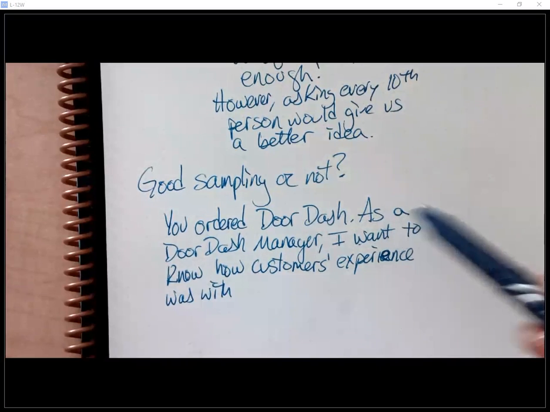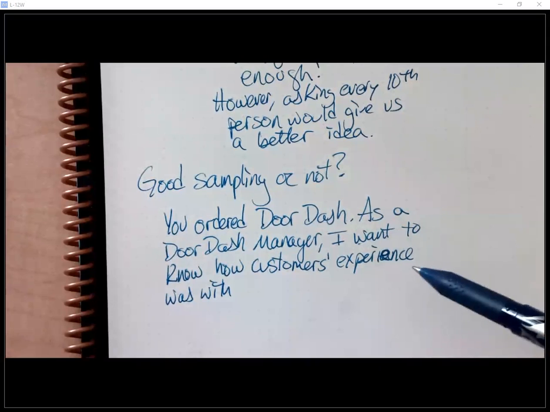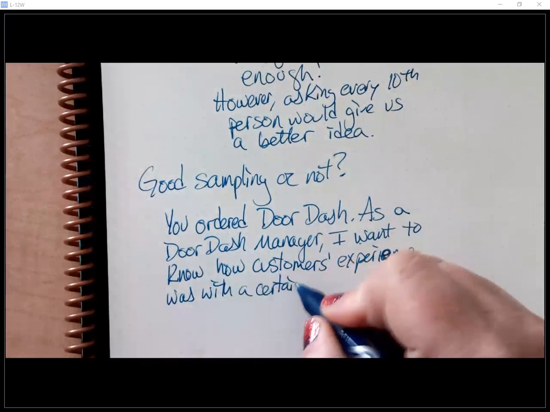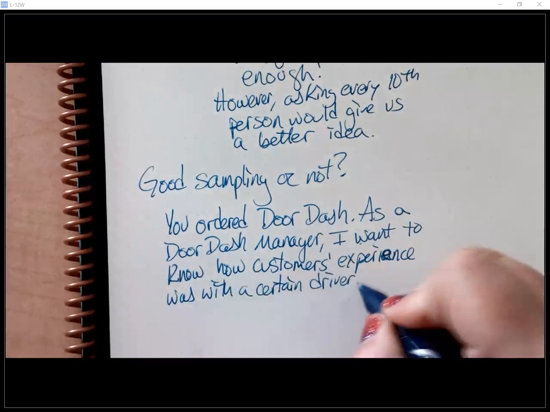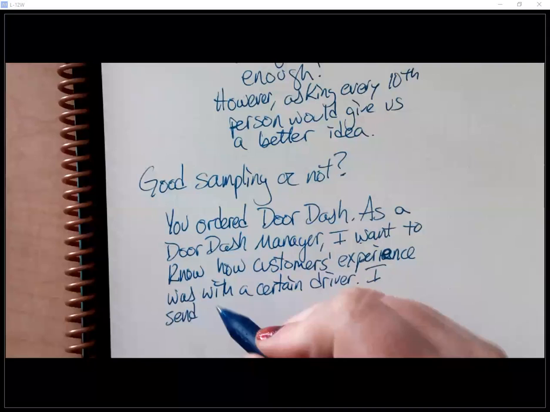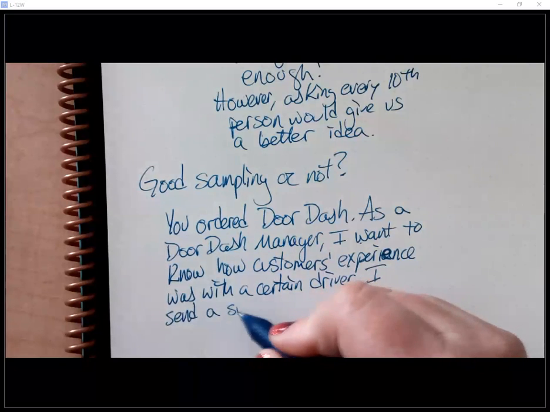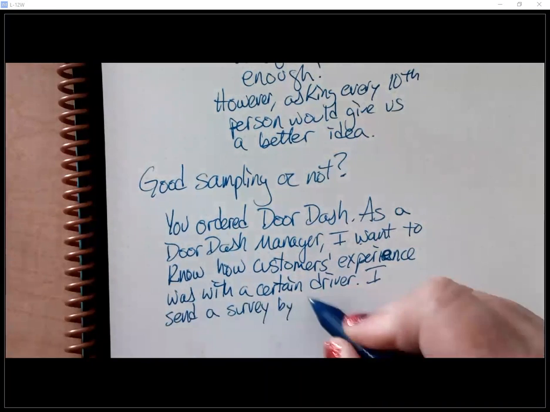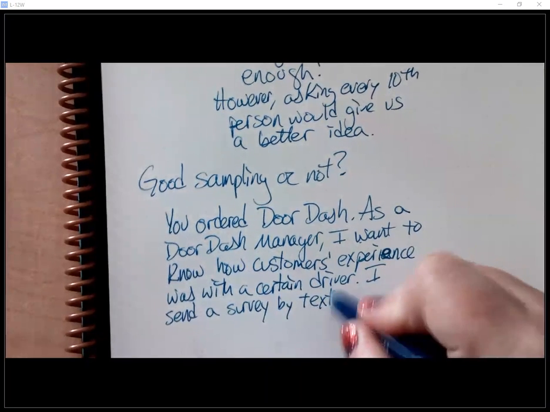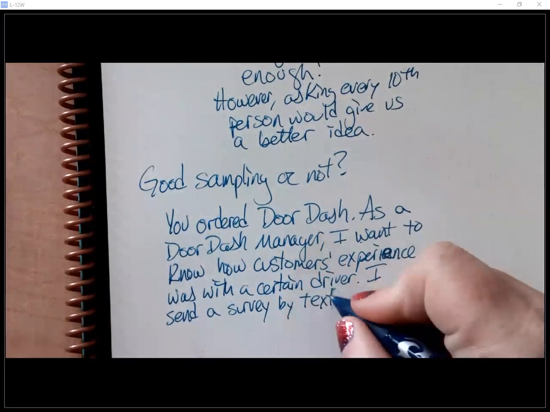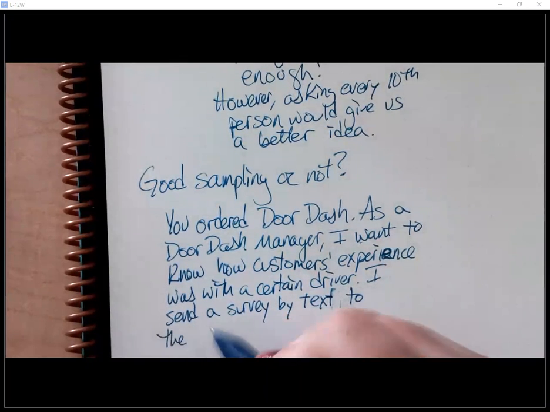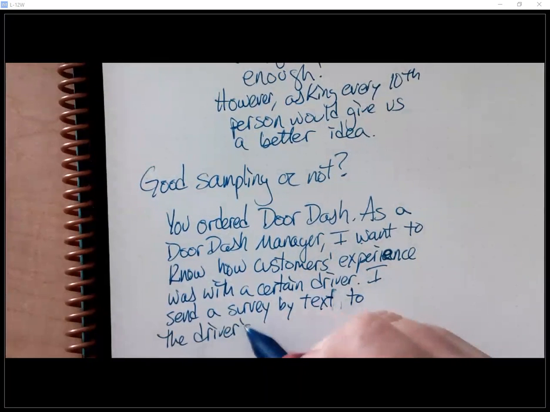Okay, as a DoorDash manager, I want to know how customers' experience was with a certain driver. I send a survey by text to drivers last